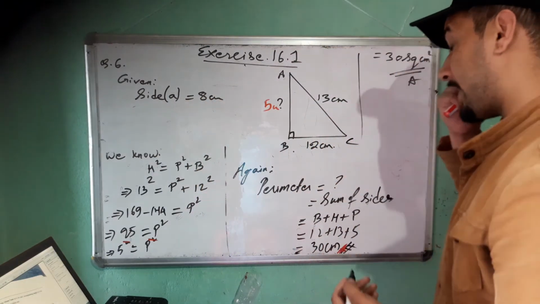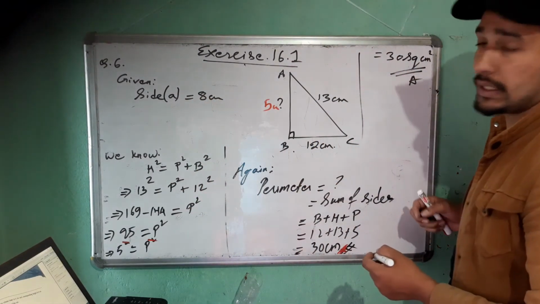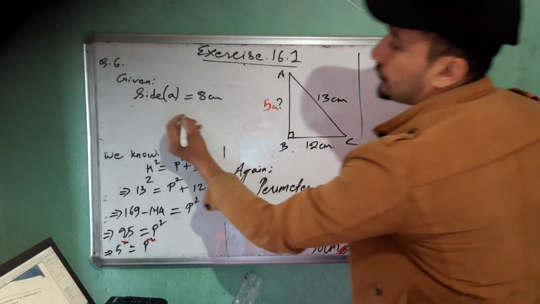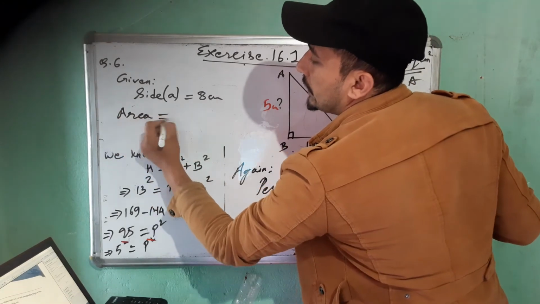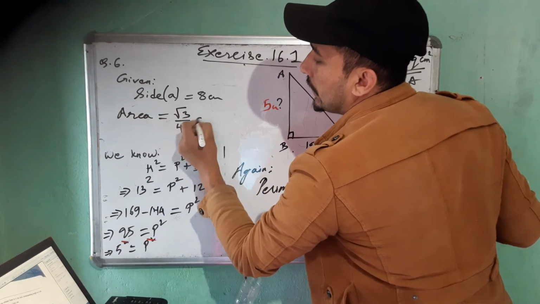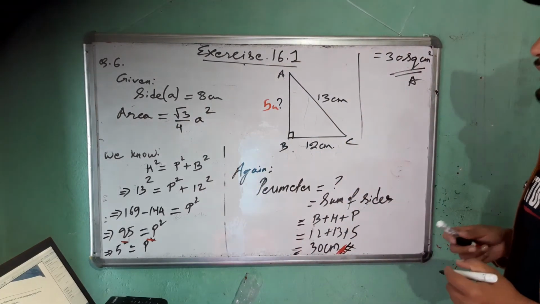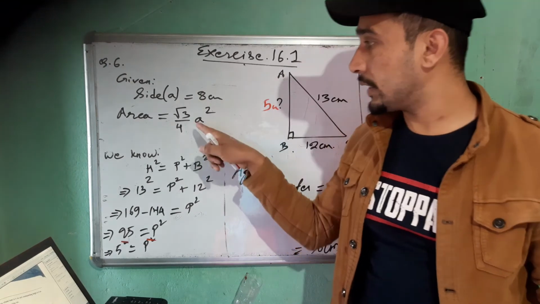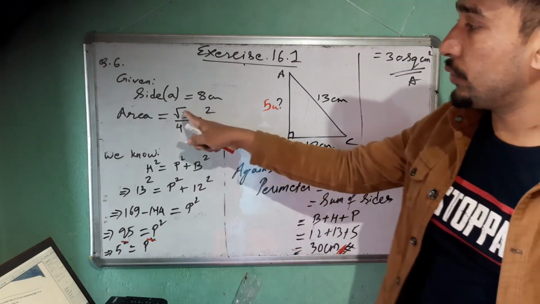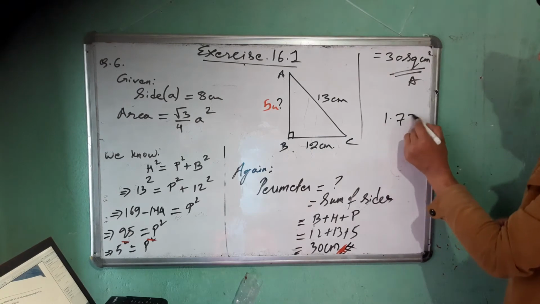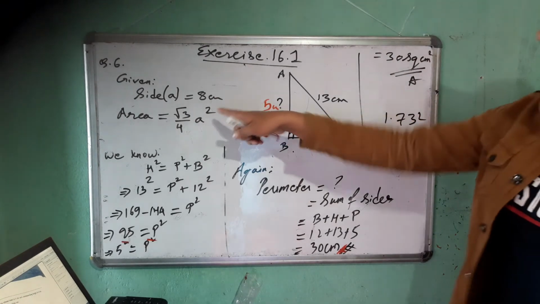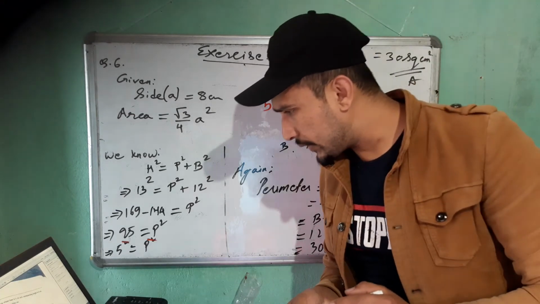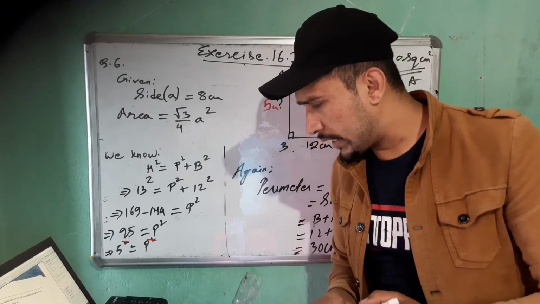It is an equilateral triangle. Equilateral triangle means a triangle having all the 3 sides equal. I have explained that in the previous video. Area is equal to root 3 by 4 A square. This is the formula to find the area of an equilateral triangle. Using this formula you find the value. Root 3 means 1.732. Instead of root 3 you write 1.732 and then you simplify. So you have to write your answer correct to 2 decimal places.